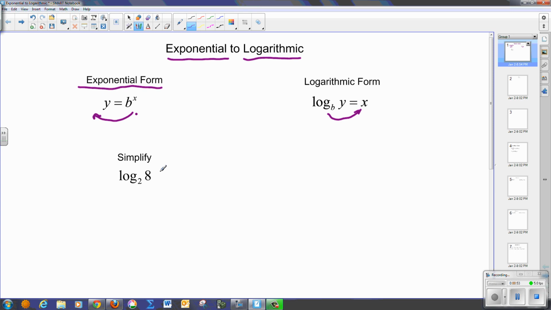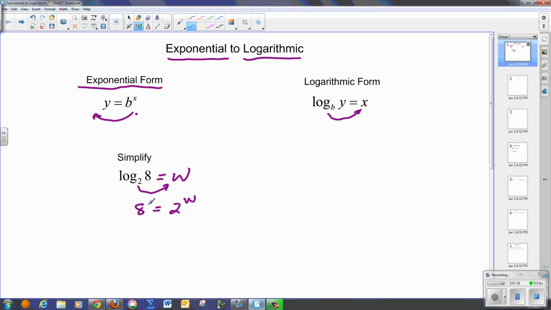So what we're going to do here is simplify log base 2 of 8. And for those of you who still aren't clear about what log is, we'll see after this example. I don't know what this is, so I'm going to call this some w value. Since I'm not really sure what this log base 2 of 8 value is, I want to put it in exponential because I'm pretty good at exponentials. If I slide the base over, I get 2 to the w